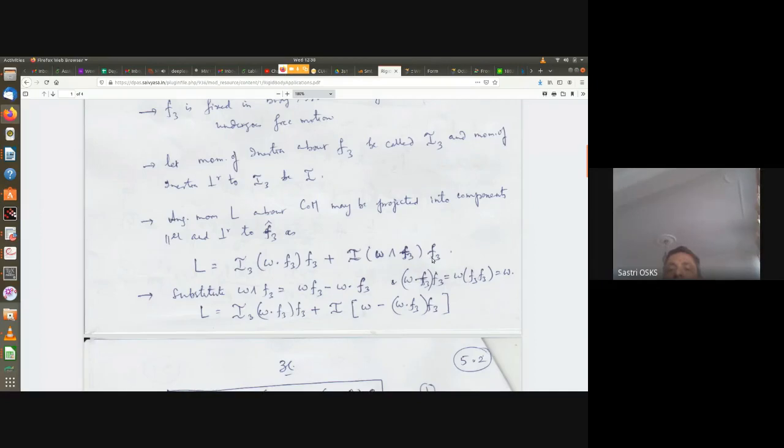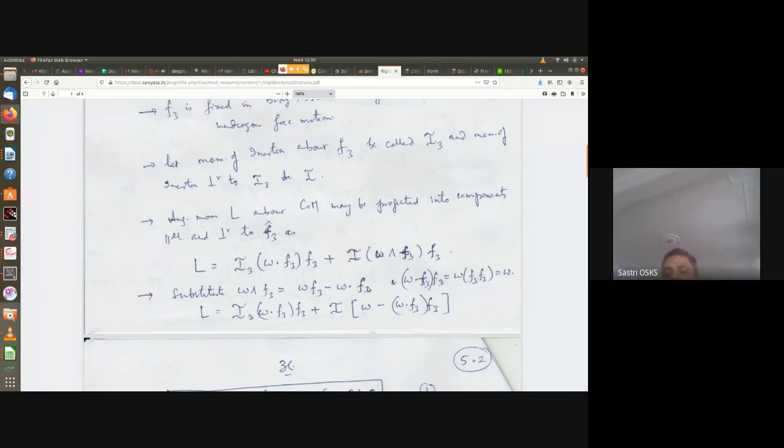And this is in a plane perpendicular to F3. That's the parallel part, and this is the perpendicular part. So that is I times omega into F3 times F3, which gives you the sine theta. Obviously, that is the angular momentum, where I is the moment of inertia. So angular momentum is basically I omega. Now you substitute omega into F3 as omega F3 minus omega dot F3, because we know how to take the product omega F3: omega F3 is omega dot F3 plus omega wedge F3. So we can substitute it like this.